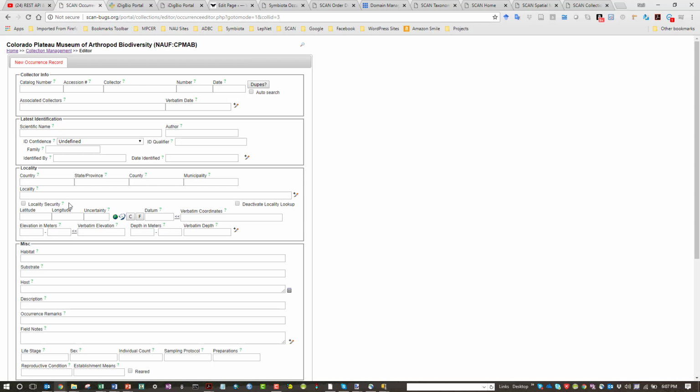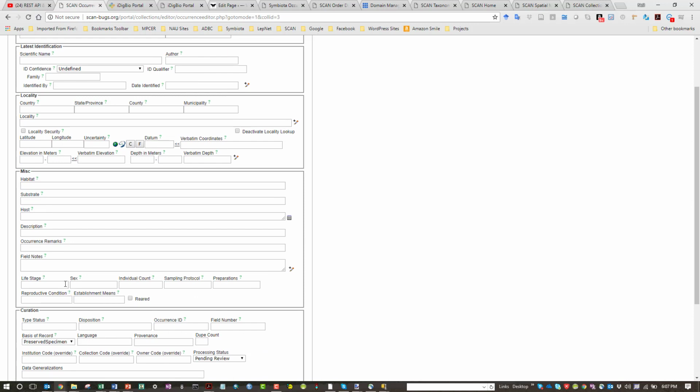Locality, country, state, latitude, longitude, if you know it. If it's not on the label, I typically suggest waiting and doing batch georeferencing later on. And then there's a miscellaneous category: habitat, substrate, host, a general description if it's on the label, any occurrence remarks that might be in field notes or on labels, specific field notes,